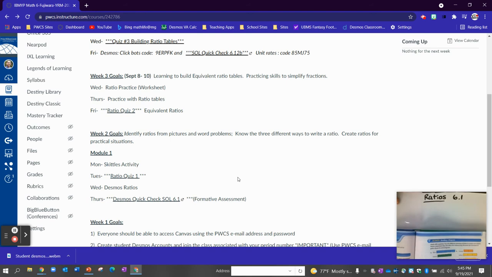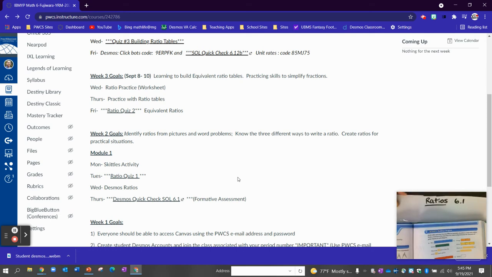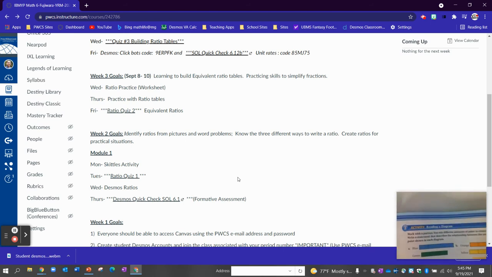This one's a pretty quick unit. Really, the main idea here is to know the 3 ways to write a ratio and how to identify a ratio from a picture or from words. I guess I can start off here by showing you the question from the textbook here,